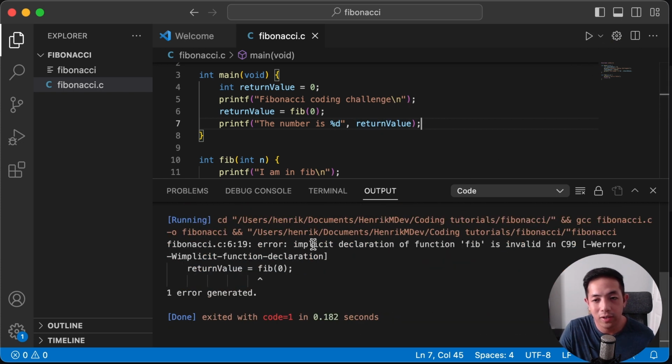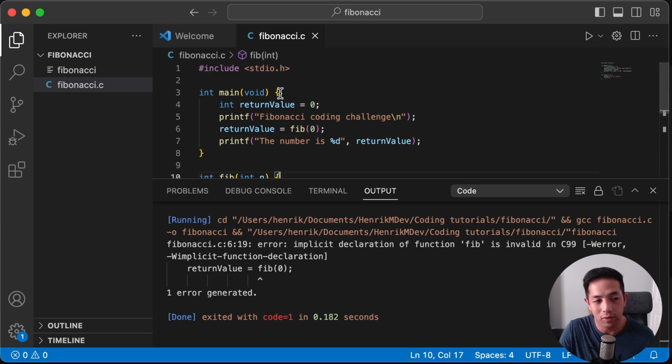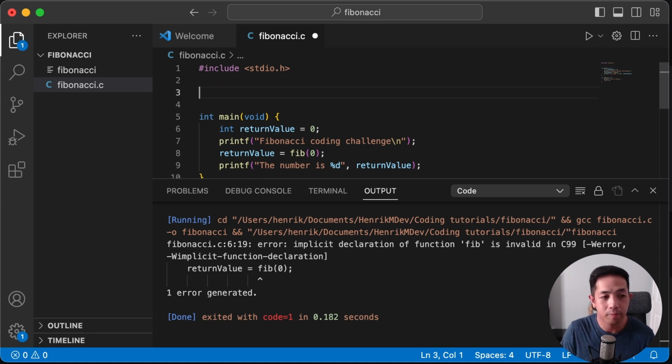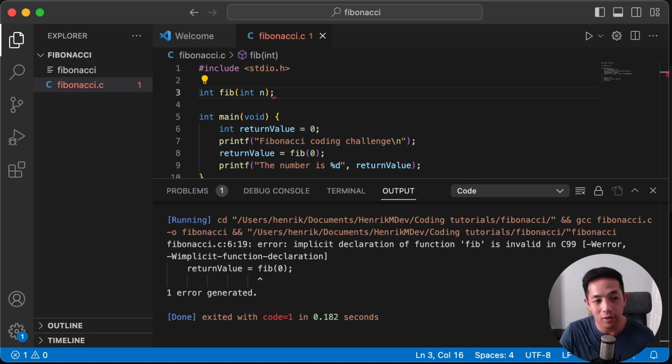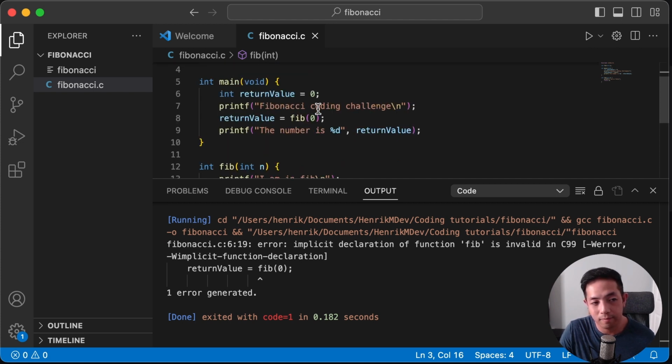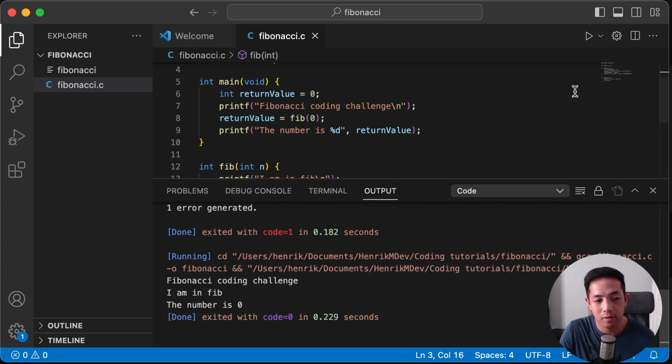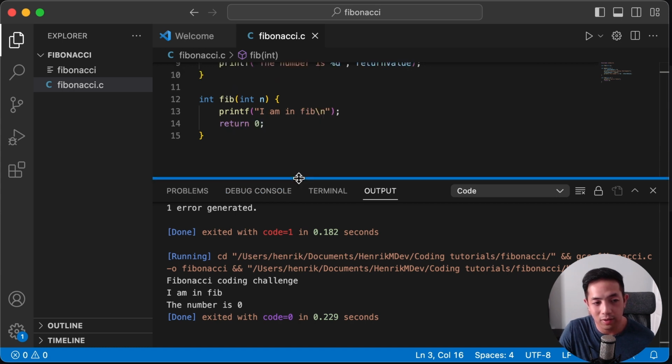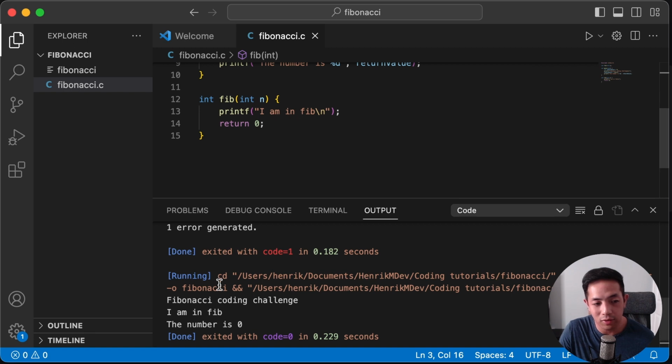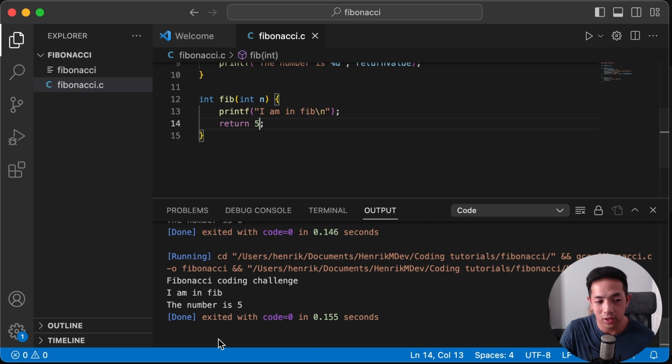Oh, if you get this error, it means you have to declare the function. So we have to declare the function up here. We're just telling the compiler that we have a function with this return value and this argument. Okay. All right. So "I am in fib" means I was able to run the function, and the function prints that string and then returns 0. So if I put in 5, and then we run this,